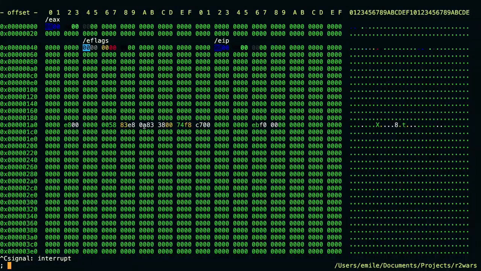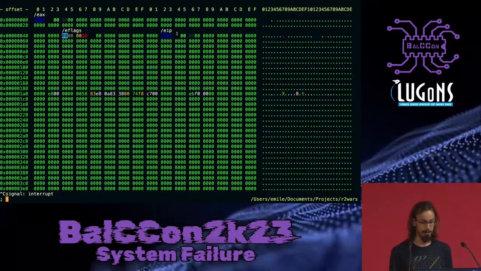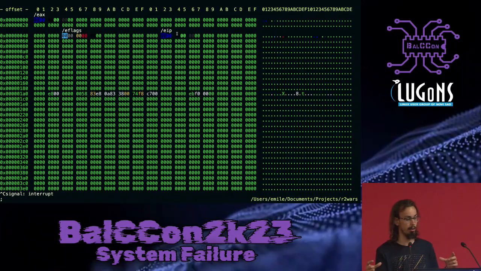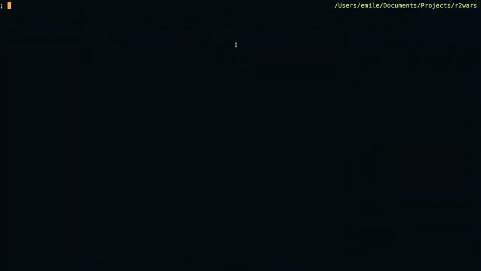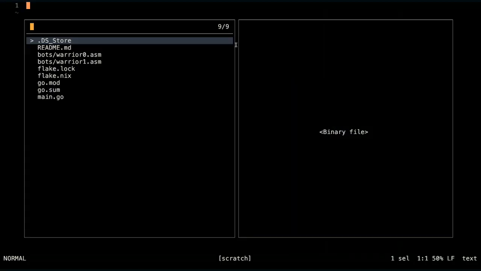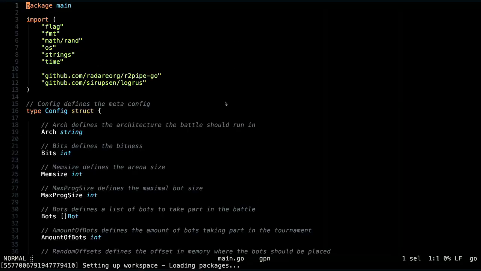So it's just placed in here, some small instructions, and there is apparently another bot up here, but it's not there because radare has got a lot of bugs, and it's horrible because the bot wanted to be built, but wasn't able to be built, so it just returned a lot of zeros, and now you see all those zeros. So the whole point of r2wars is to, well, provide bots which override each other, and you can actually do that. So if we look into how it works,